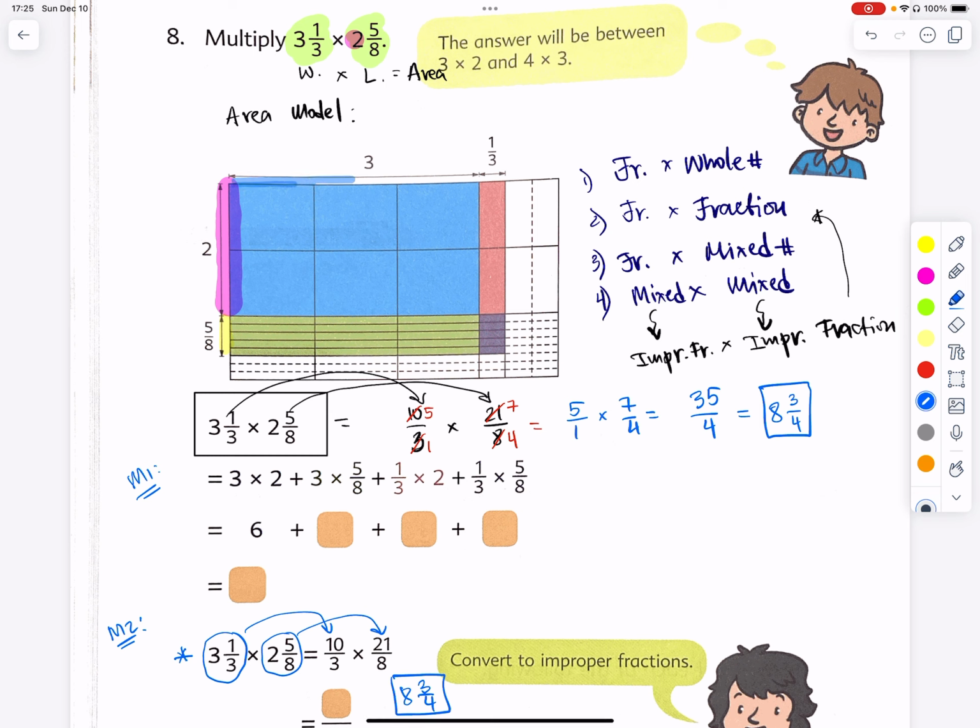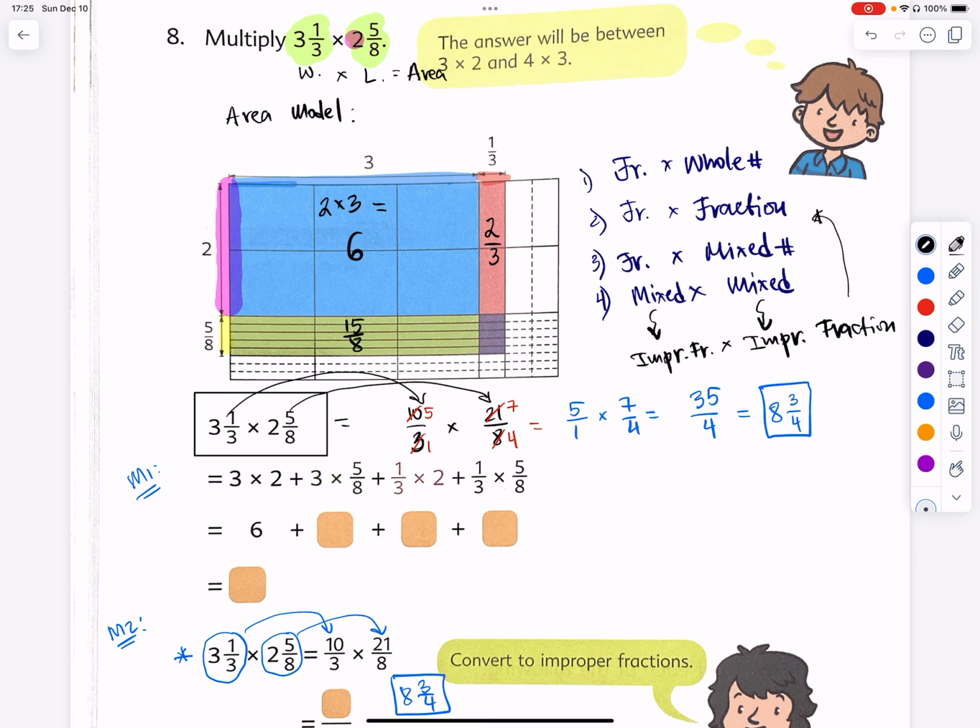Which is evident right here, 1 part 3, and 1 part 1/3. So when we multiply these area models, we have 4 different areas. We have blue, red, purple, and green. 2 times 3 gives you 6, right? The area of this rectangle equals 6. 2 times 1/3 will give you 2/3. 3 times 5/8 will give you